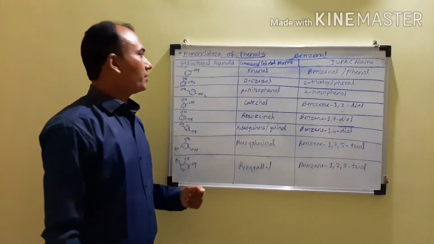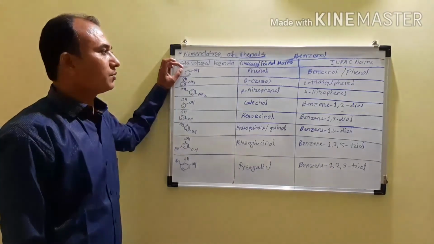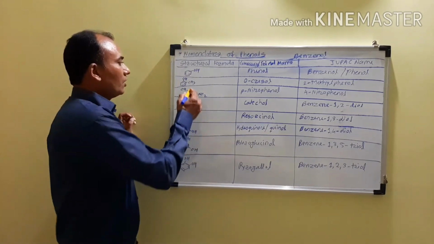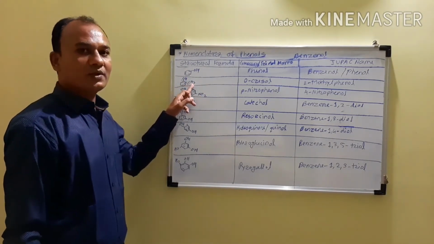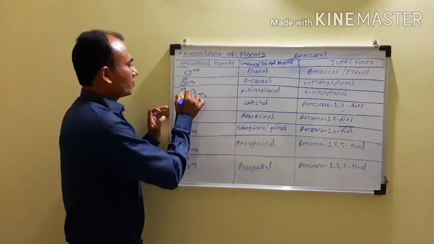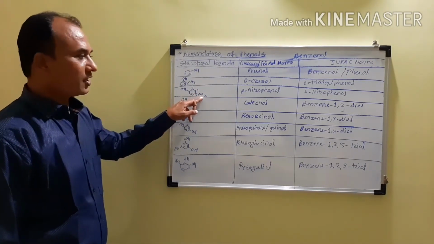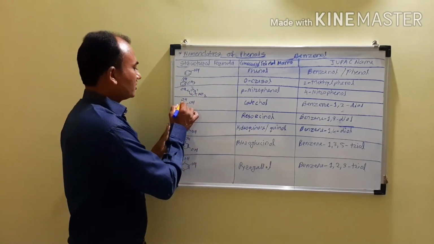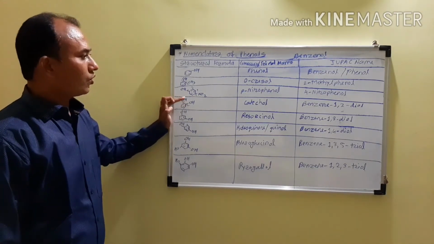Next we have to consider the IUPAC names. As you know, these are called benzenol or phenol. Phenol is also accepted by the IUPAC system. Then for this compound you have to give the numbering. This is the first carbon atom and this is the second. At the second carbon atom there is a methyl group, so it becomes 2-methylphenol. In the next case, numbering 1, 2, 3, 4, at the fourth position there is a nitro group, so it becomes 4-nitrophenol. In this case it is a diol at 1, 2, so it is benzene-1,2-diol.